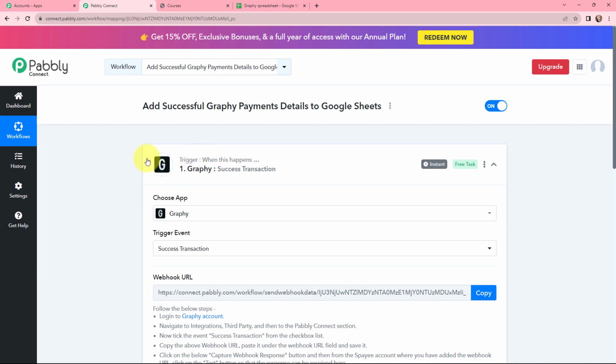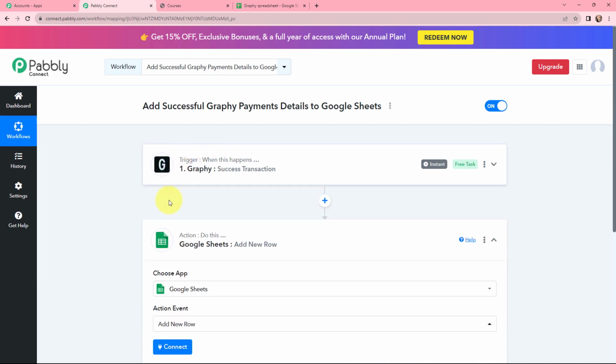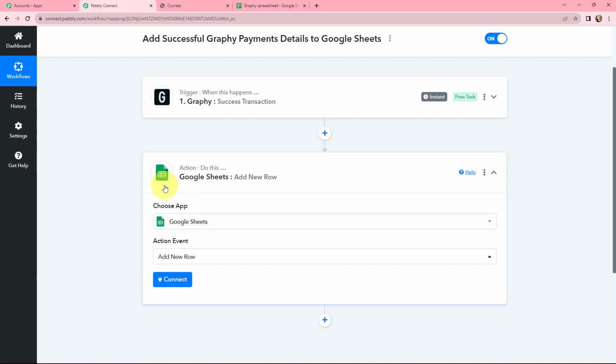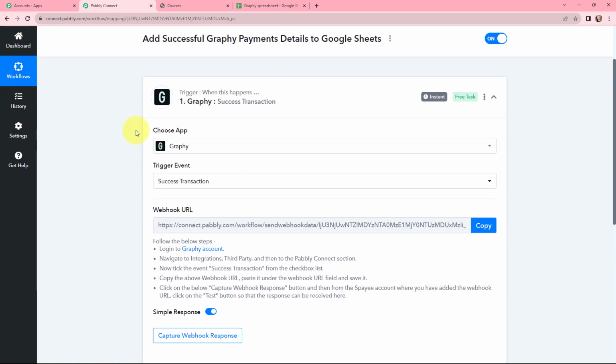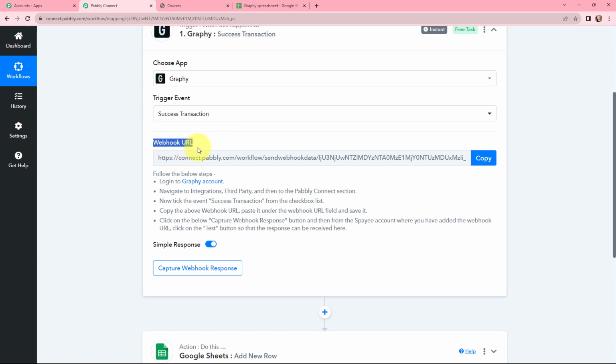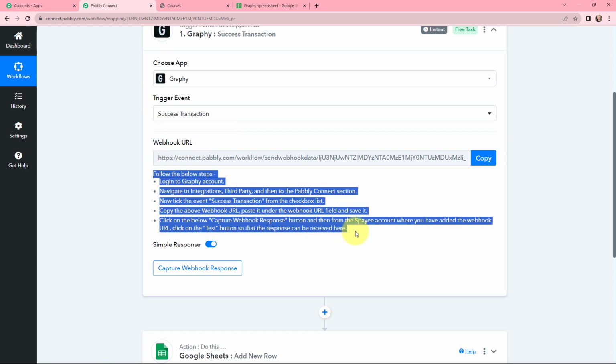Now I have selected my trigger application and trigger event along with the action application and action event. I want that whenever there is a successful payment in Graphy, the payment details should automatically be added in Google Sheets. To do this, firstly I have to connect Graphy with Pabbly Connect. Here a webhook URL is given, and along with that a help desk is given. Read this help desk carefully, because this webhook URL will help you to connect your Graphy account